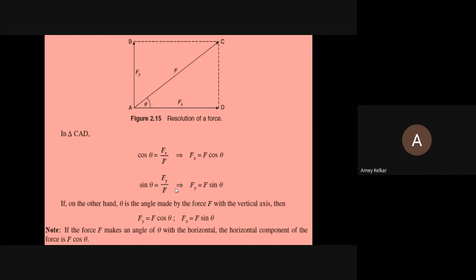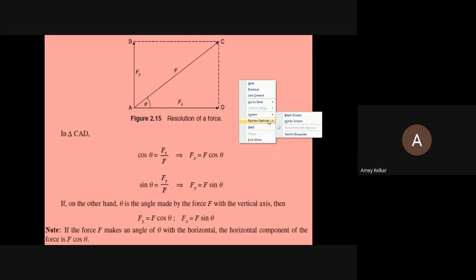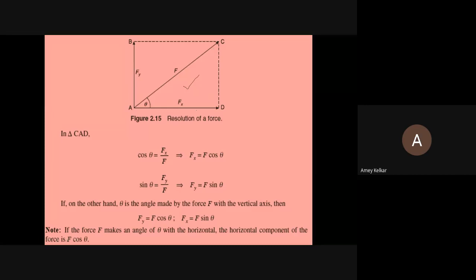Once again, I'll repeat, we have a force F which makes an angle theta with the horizontal. This force we have to resolve into two components, Fx and Fy. The Fx component will be along the horizontal axis and Fy will be along the vertical. Here the horizontal is AD and the vertical is AB. Now, when we consider the triangle CAD from the figure,